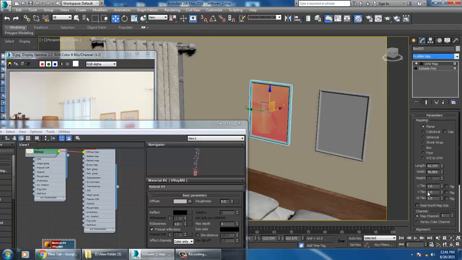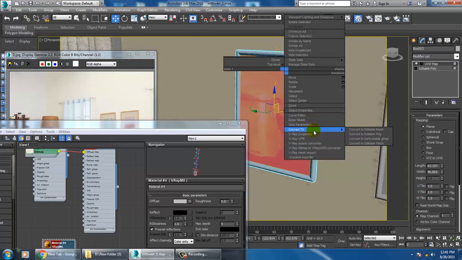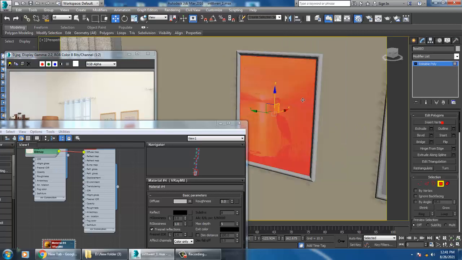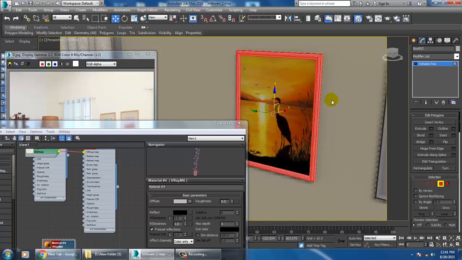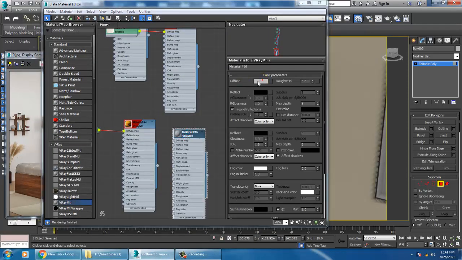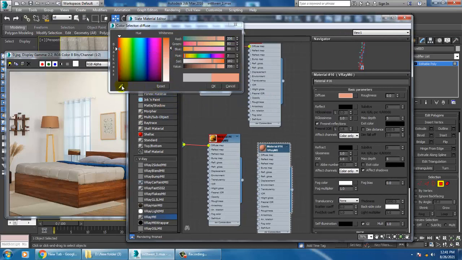UVW map, convert to editable poly, select the polygons, I'll inverse it. If you want to inverse the polygons, you can press Ctrl I on your keyboard. Let's go into the material again, take a V-Ray material, and I'll slightly give a color over here. That's it.